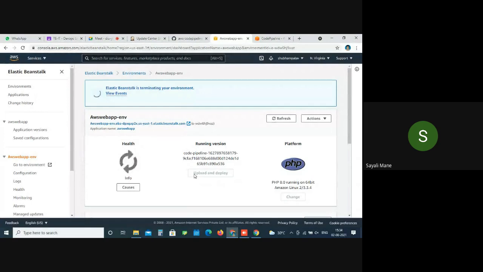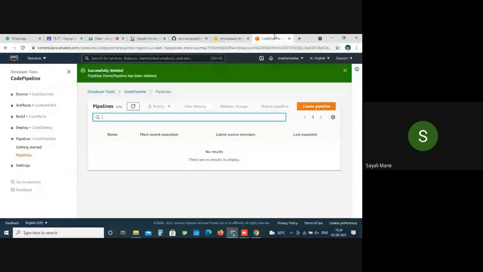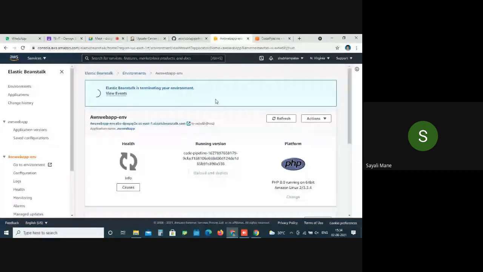Do we have to delete code pipeline also? Yes, we have to delete the code pipeline. That we have performed in the previous steps, no? Before these steps. See now you can see pipeline. This one. Yes, same. Correct. Now we are simply terminating our environment because we are not using the charged account, right?